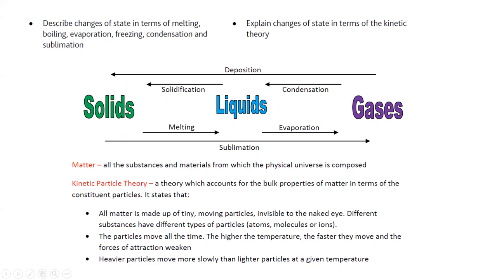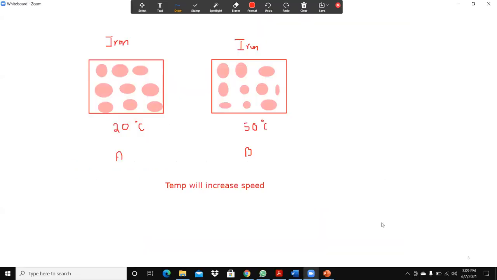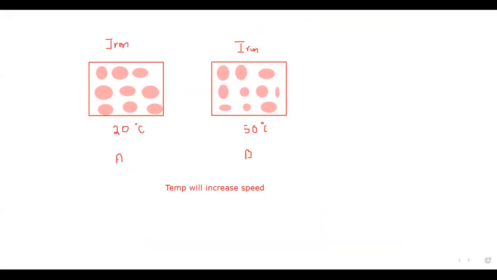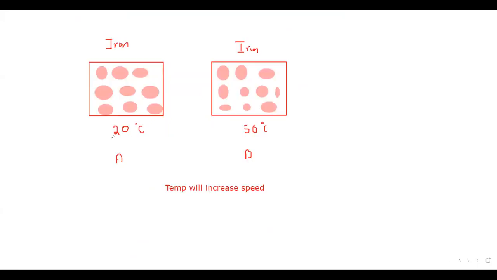So when you compare the particles, their masses, for example, if the temperature was the same, then the particles will move with the same speed. For example, here at 20 degrees and 50, because the temperatures are different, the particles are moving at different speeds. But if you keep the temperature the same, then the particles will move with the same speed if identical particles are there. But what will happen